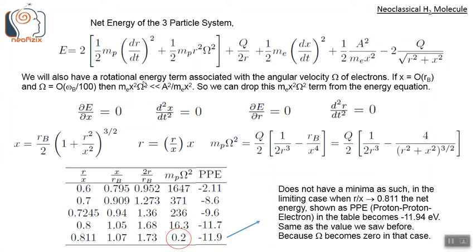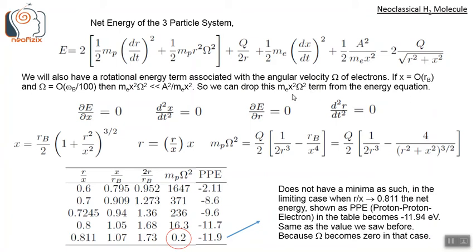Therefore the kinetic energy associated with this electronic angular velocity big omega, me x square omega square, is much lesser than the energy due to this angular momentum term, a square by me x square. And this me x square omega square is also much lesser than the mp r square omega square term of the proton. So we can drop this term me x square omega square from the energy equation. So we have not used it here